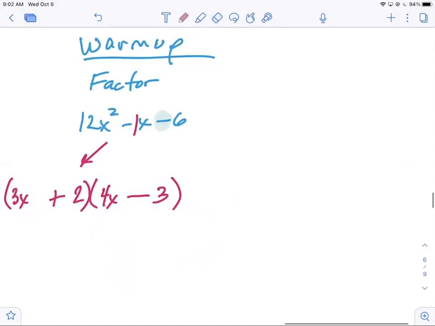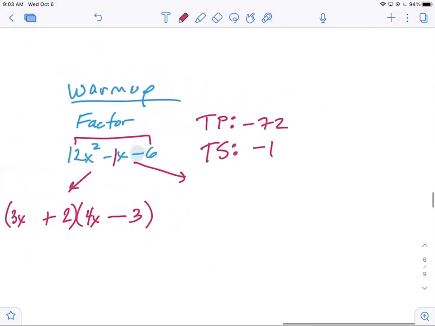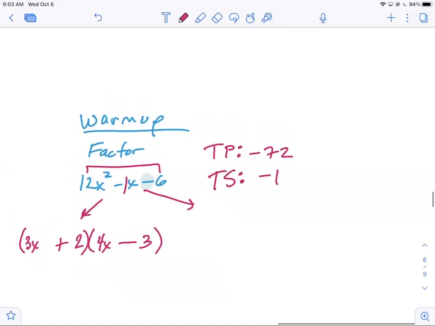All right. The other way to do it is more of target sum, target product. You look at the first and last. That's your target product. Okay. 12 times -6 is -72, and your target sum is -1. So now you're looking for factors of -72 only that subtract to give you 1. What are some factors of 72? 8 and 9. Yeah, very good. So this is going to be the same as -9 times 8, and -1 is going to be -9 plus 8,